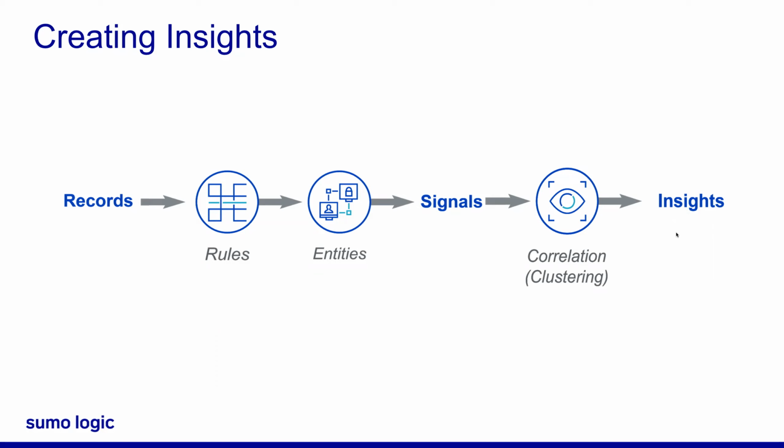Once an entity is in Cloud SIEM's system, Cloud SIEM then tracks the total severity score of signals associated with each entity as an activity score. Once that activity score gets high enough, which is going to be 12 by default, then an insight is created. So what I'm going to talk about next is that scoring system. And we have a pretty good visual example here. I think it's pretty good. So let's take a look at it.